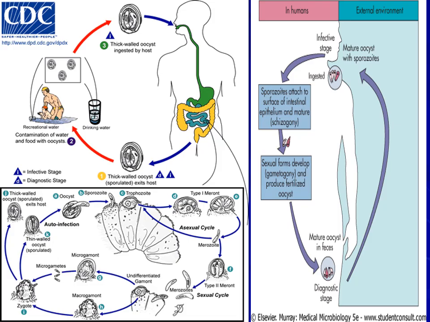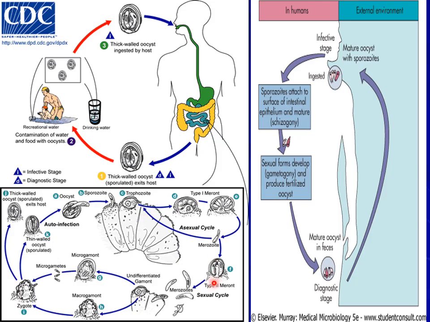The infection with Cryptosporidium parvum starts when we drink contaminated water. The oocysts, which have a thick wall, will exist in the digestive tract, and the liberated sporozoites are going to adhere to the epithelial cells. So, we drink contaminated water. The oocyst, which is sporulated, is going to liberate sporozoites. These sporozoites attach to the epithelial border in the small intestine, and this is where we get the asexual cycle that produces more merozoites that are going to reinfect new cells and lead to diarrhea.